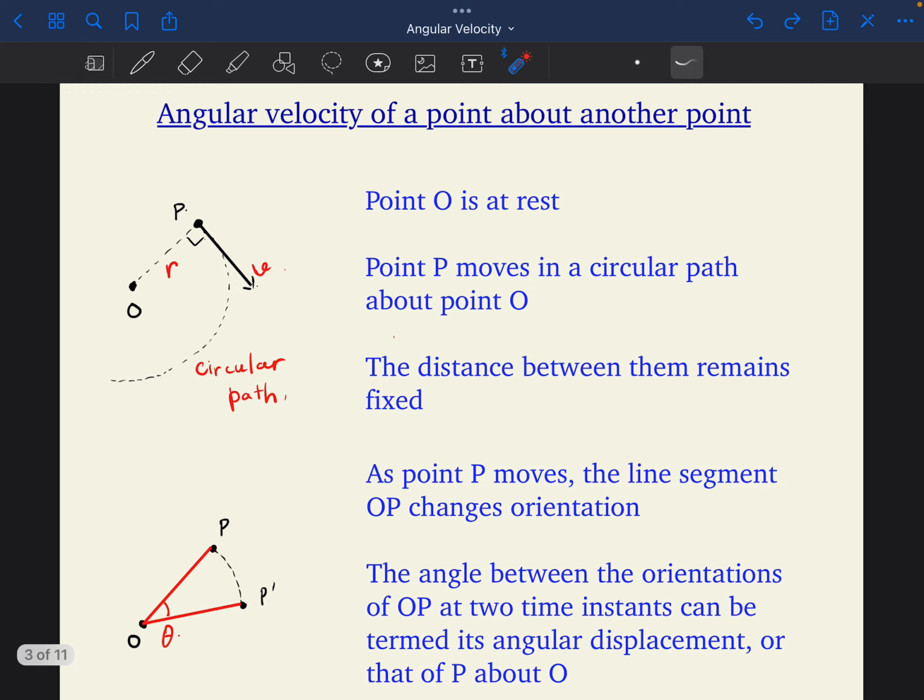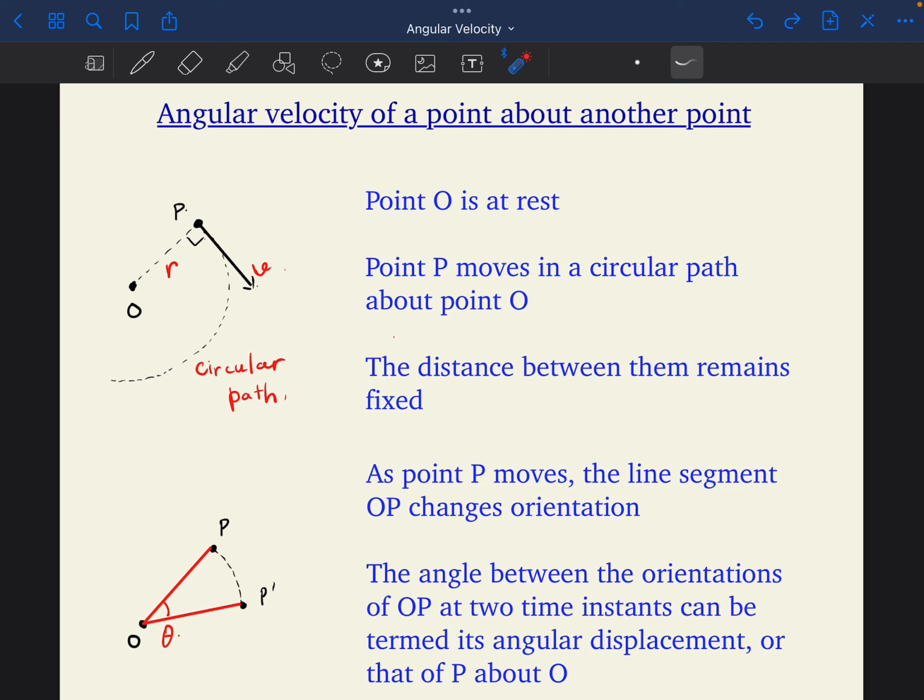So, the most basic form of angular velocity is where there is a point O which is fixed and there is a point P which is moving in a circular path around this first point O. Right? So, in this situation, the distance between them remains fixed. So, these three conditions are being met: the point O is at rest, point P moves in a circular path, and the second point basically leads us to the third one, that the distance is constant. Then we can say that